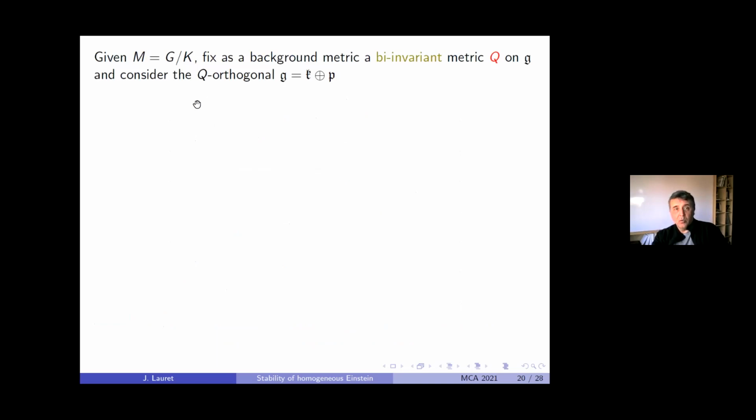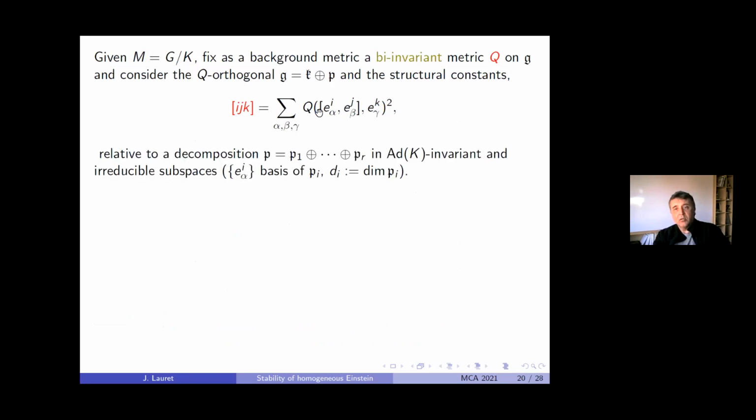So what you do to study in homogeneous geometry, you usually fix a bi-invariant metric Q on the Lie algebra, and then take the orthogonal decomposition as a reductive decomposition and the structural constants of the Lie bracket of G, restricted to P. Okay, you are measuring the Lie bracket on Pi times Pj projected on Pk. So these numbers